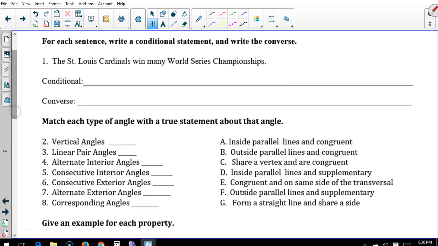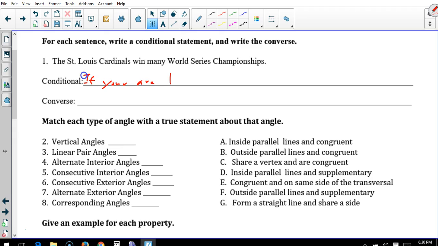Okay, this one's kind of a tough one. Number one, you could go a couple different ways. If you are the St. Louis Cardinals, you win many championships, World Series, or if the St. Louis Cardinals play, they will win. So either one, I'm going to go with